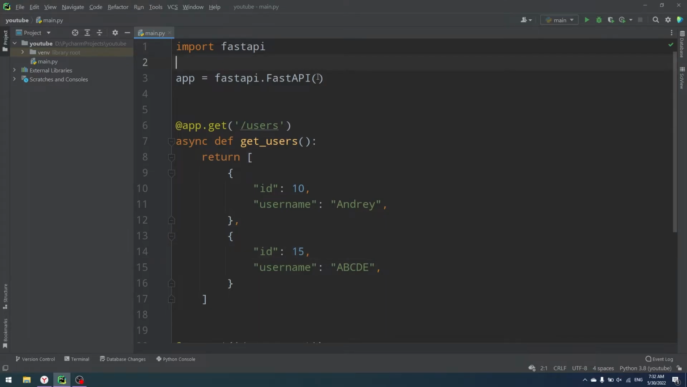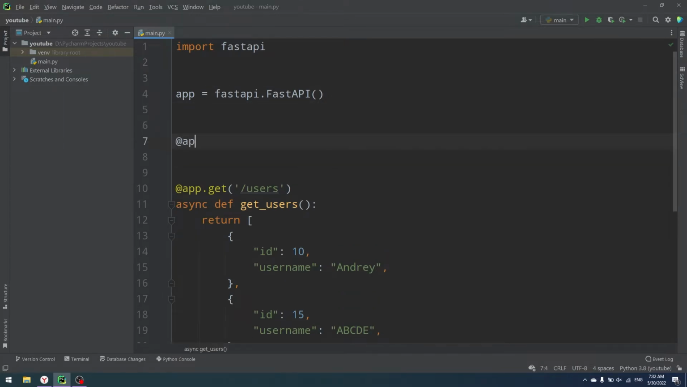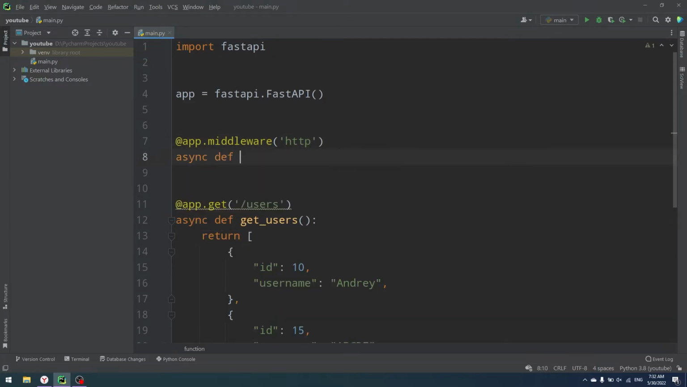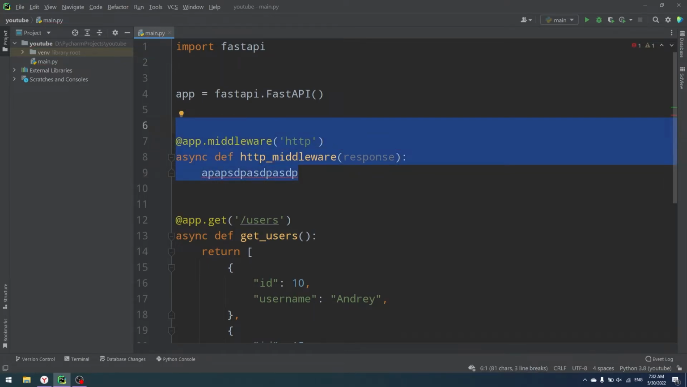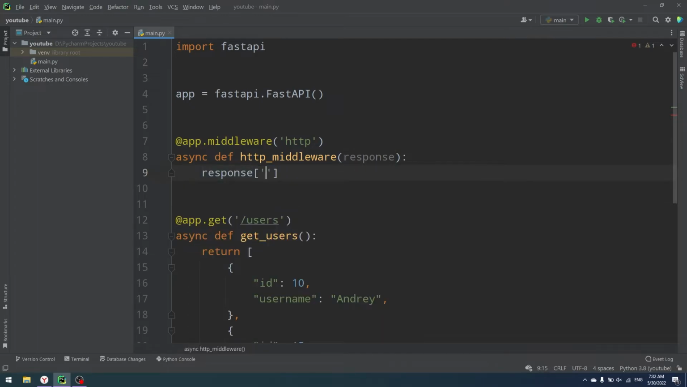Instead of that, we can create a middleware. So app.middleware from HTTP, and put a function, async def, HTTP middleware that has our response, and do something with our response. And that's the most basic approach, because almost every framework has a middleware. Almost every web framework has a middleware. So you can do that in any web framework. So what you're doing is something like response from